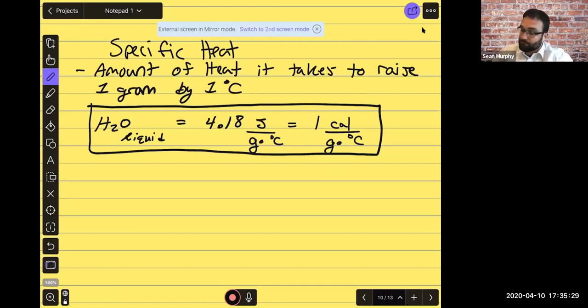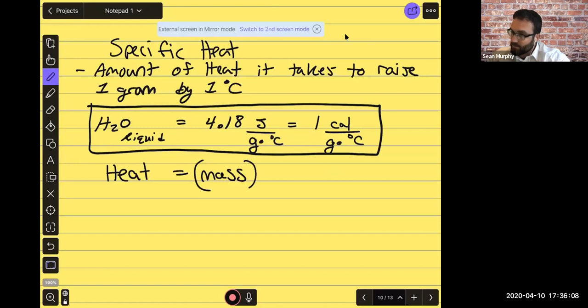Now, let's get our formula out and start solving some problems. All right, so we have the variables which we used in the interactive. We used heat. Okay, heat equals mass times the specific heat capacity